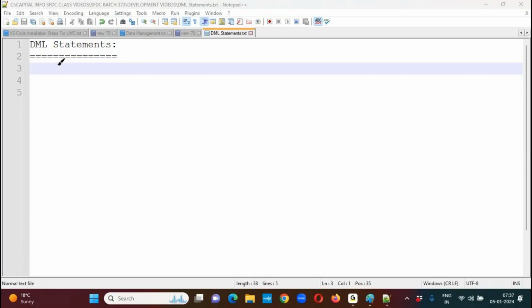Then we'll see how to use each DML statement, what the syntax is, and how to perform the operations through programming on one record or multiple records. We'll see this with practical use cases. Now,